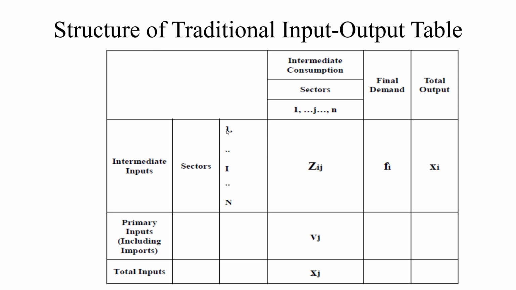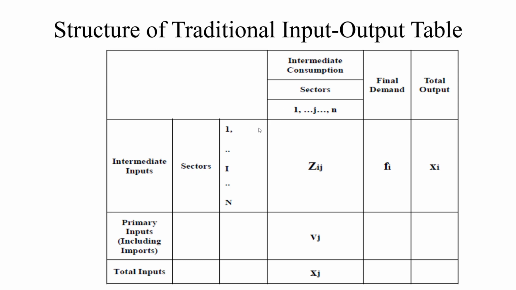For example, one is the agriculture sector, and this is also the agriculture sector. The agriculture sector sells some units of agriculture product to itself. It means agriculture is also able to use some of its own product. Similarly, if the second is the steel product, steel will sell some product to agriculture, and steel will sell some product to steel itself, because the steel industry also needs some steel. For example, the automobile industry also needs some automobiles, some trucks, some motor cars, etc., for their supply and for other purposes.